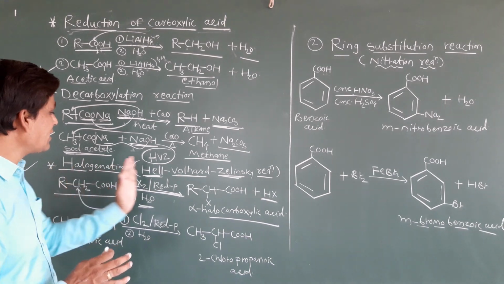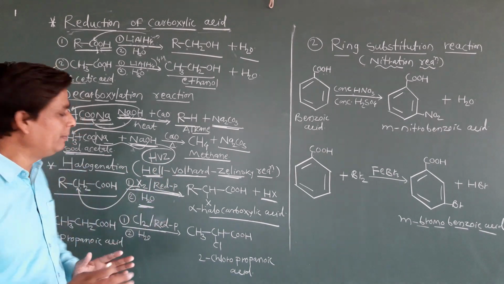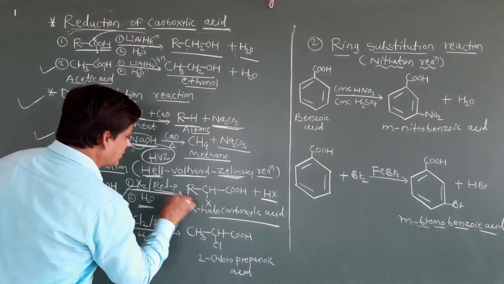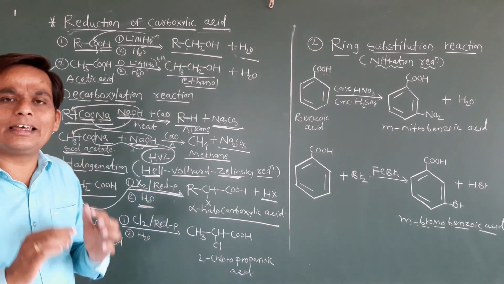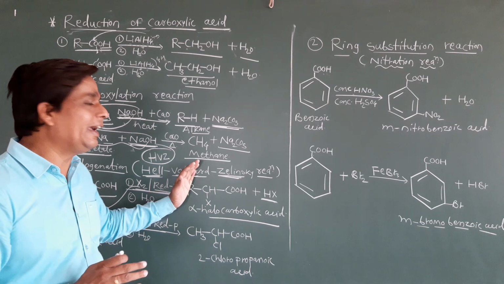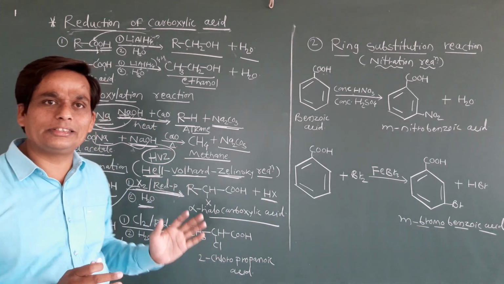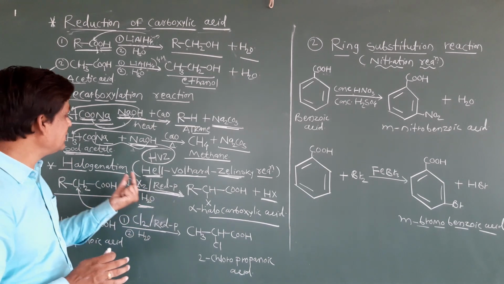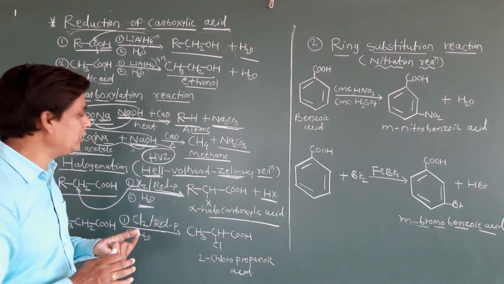See, when this reaction is given in NEET and JEE exams, just check it. When they give a halogen here, red phosphorus is here and hydrolysis is there, then you can identify this is an HVZ reaction. Now clear students, this is a hint. Red phosphorus and halogens, it is an HVZ reaction. This is a very important reaction.